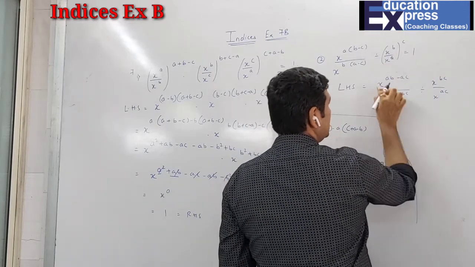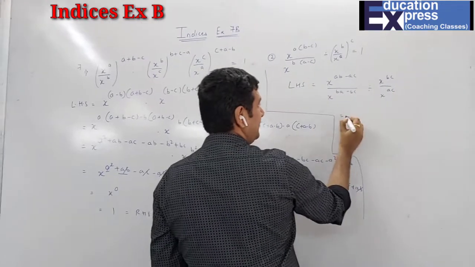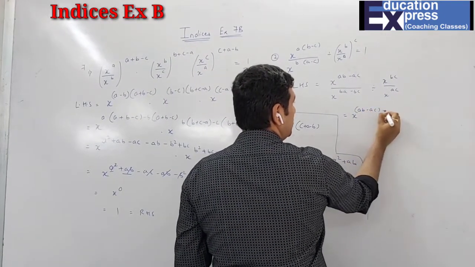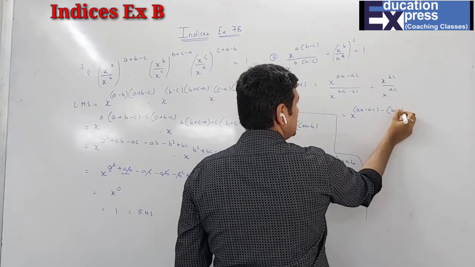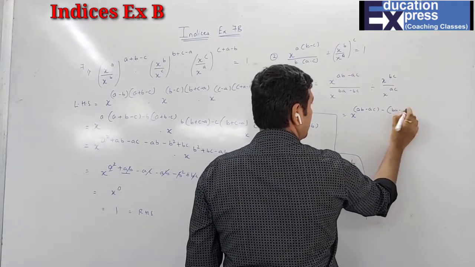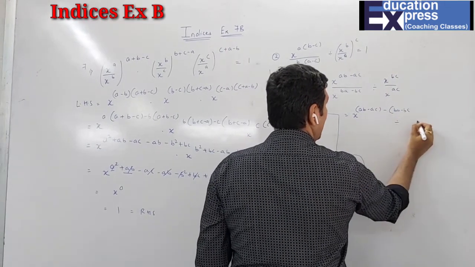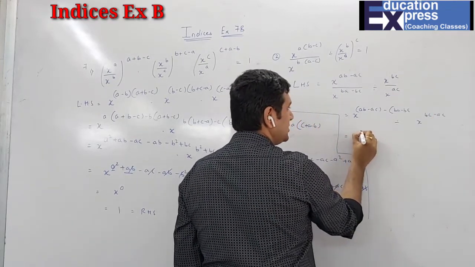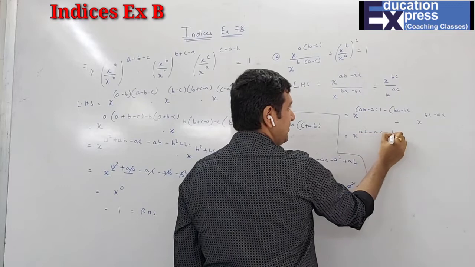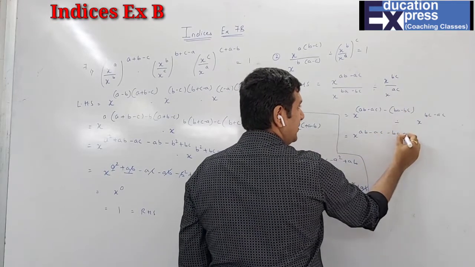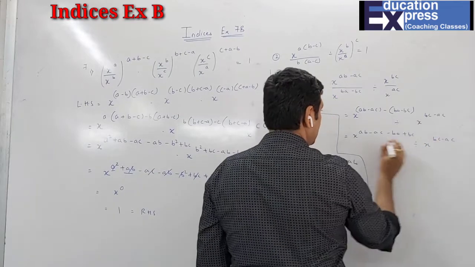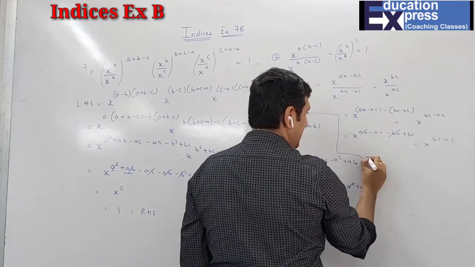So now again there's a division and the bases are same. So obviously, as I have told you earlier also, when there's a division we have to subtract, then BA minus BC, divided by x raised to BC minus AC. So when I solve this, I'll get x raised to AB minus AC minus BA plus BC, divided by x raised to BC minus AC. So AB and AB will cancel.